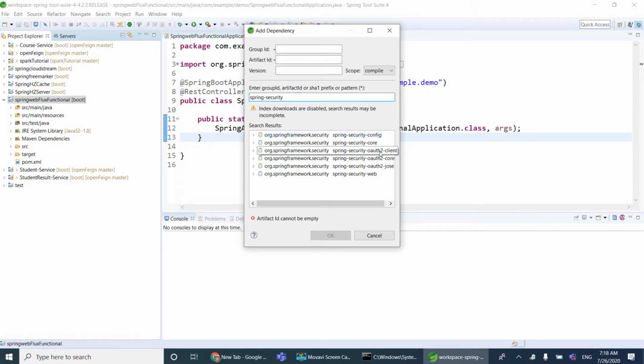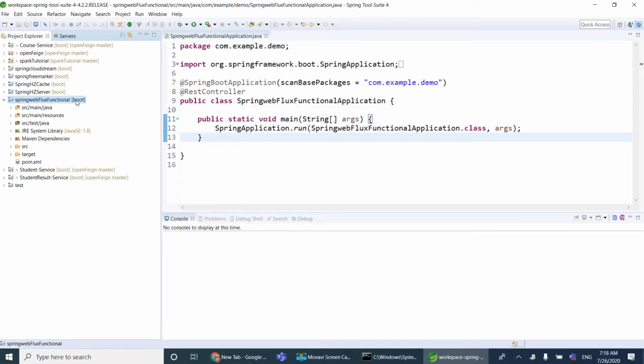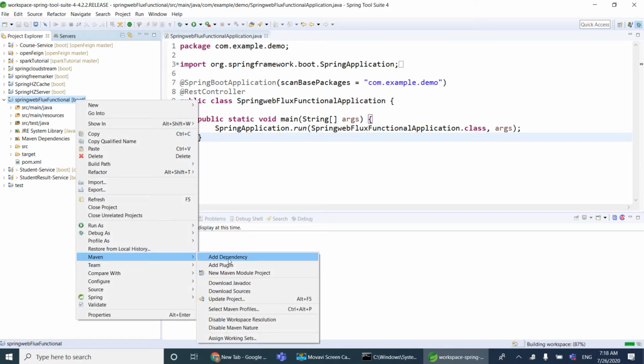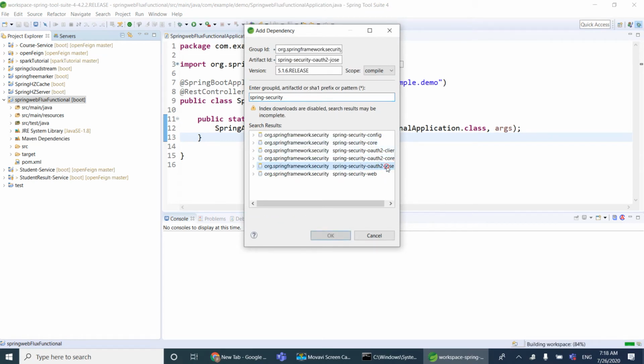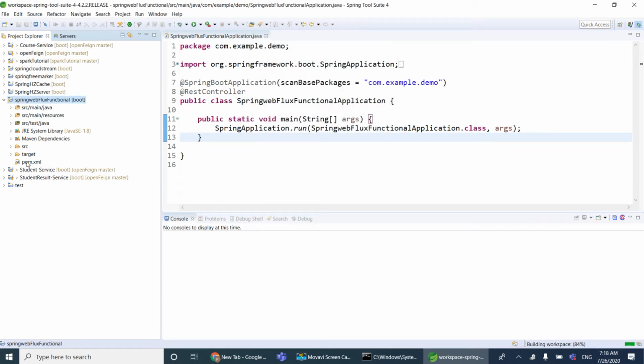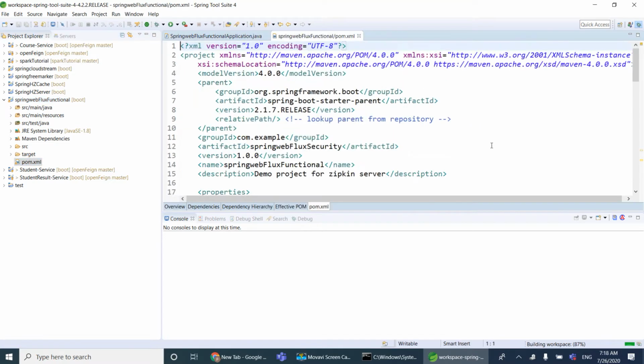So I'm going to add OAuth2 client. I'm going to add one more dependency, OAuth2 JOSE. So if I open my pom.xml, 3 dependencies will be added.